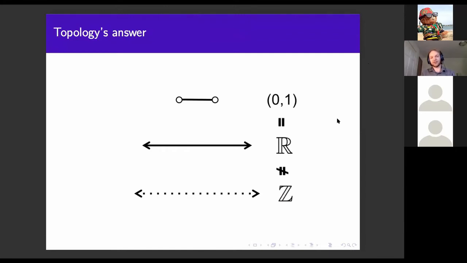So topology says that 0, 1 and the real numbers are the same. And we're going to see in just a sec exactly in what sense that's true. But topologists will say things like, look, the real line and 0, 1 are both connected. Connected means roughly that you can walk from one point to another without having to hop. For those who have actually taken topology, I know you're complaining because it's not exactly that, but that's fine. For now, it means you can walk from one place to another.